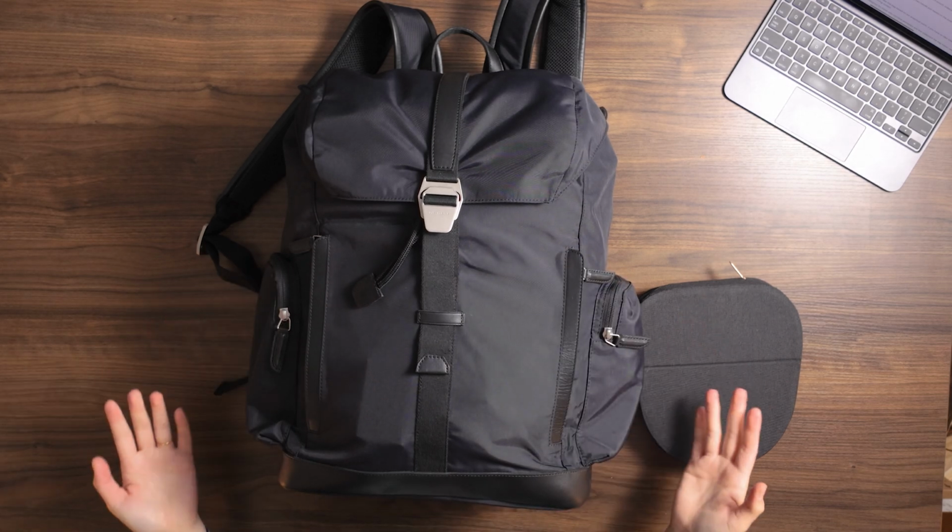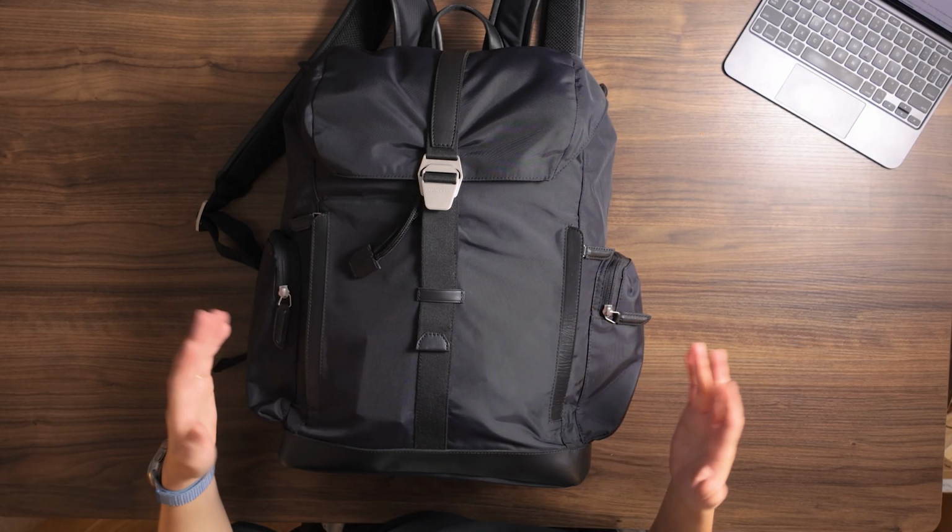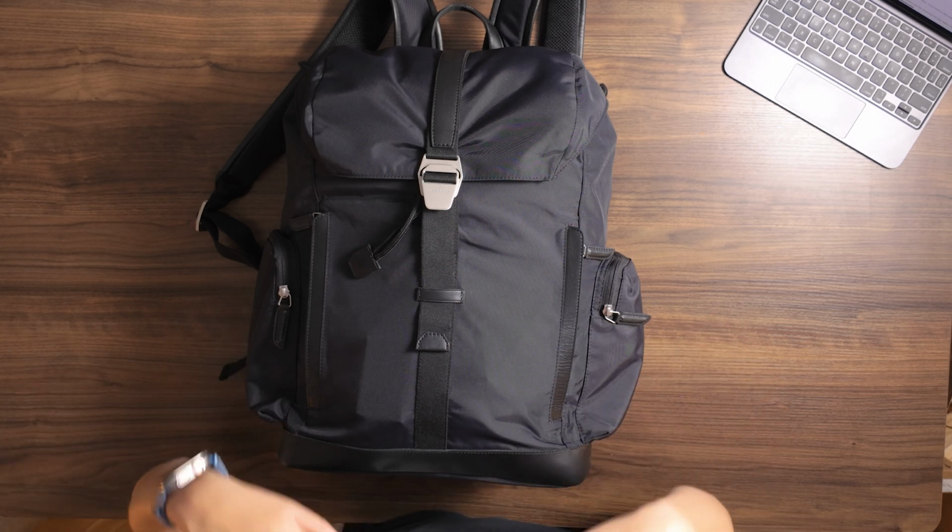All right, so we were able to fit everything except for my really big chunky headphone case, which is probably fine because I still have my AirPods in my quick access pocket, so I'm kind of basically doubling up with one earphone and one headphone. So I'm totally happy with not bringing this because it's so big. But the fact that we were able to fit 3 to 5 days worth of clothes, plus everything that we were able to fit with our personal item pack out is pretty impressive just as far as the actual capacity